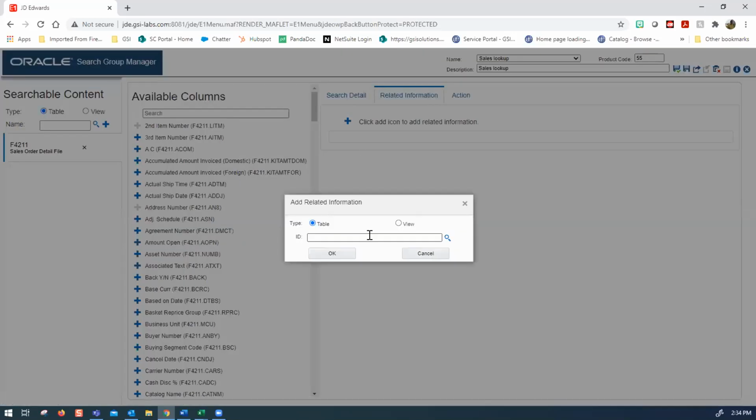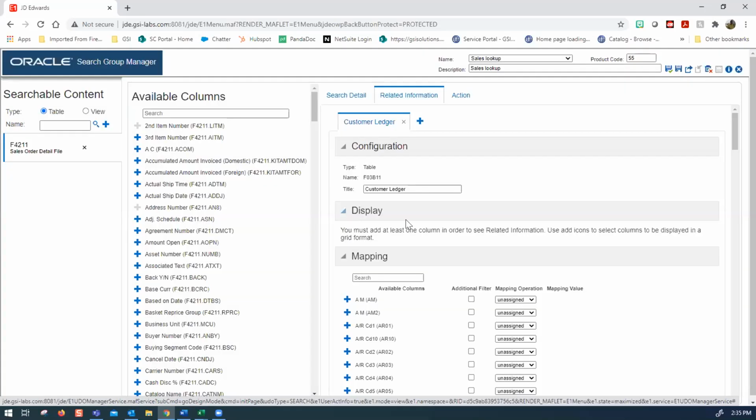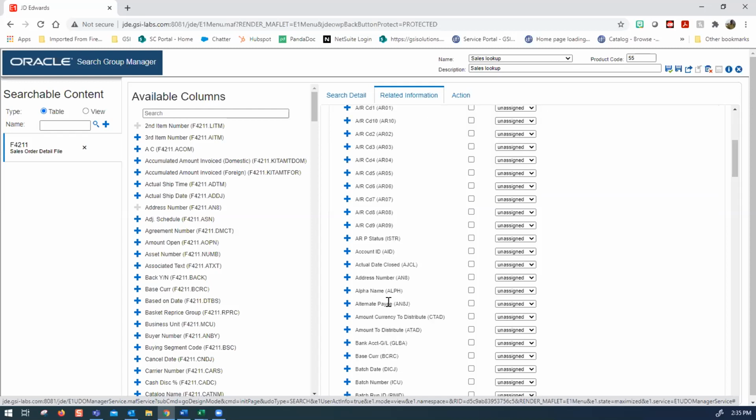So let's add a new table. You can do a business view or table. You can see that. So we're going to do a table. I'm going to do the F3B11. I am no financial guy, so I did need Tom to lean on to get that information. Sorry, so I'm just going to grab a couple things here, and I'm going to map them. I'm going to find the address number, AM8. I'm going to grab that, and I'm going to map it